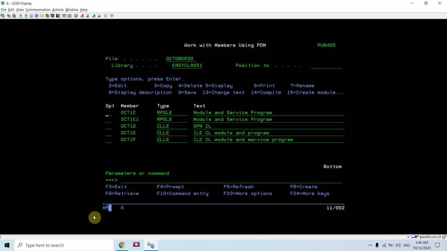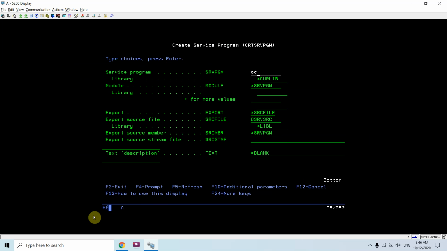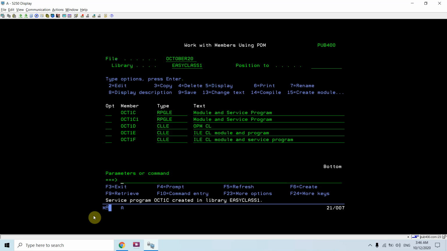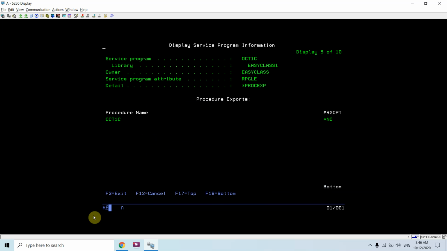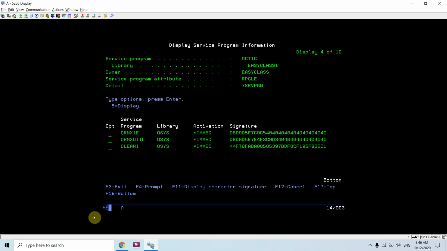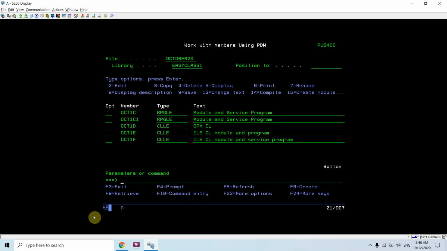So if I compile and create a module, then create service pgm oct1c, and do dsp srv pgm oct1c, I can see the module and the procedure name. Yes, sure, oct1c is the procedure name.